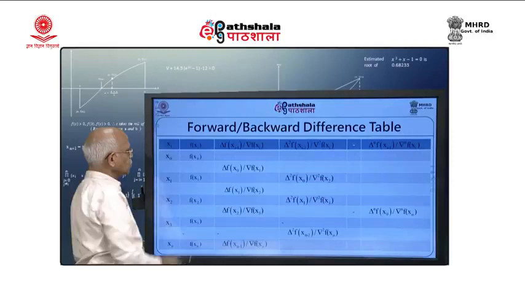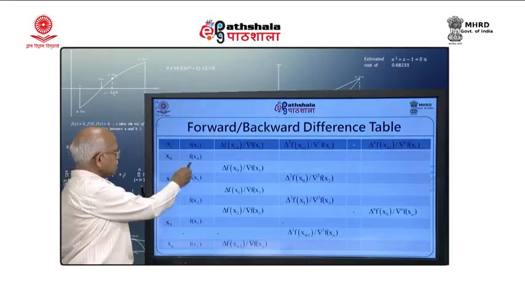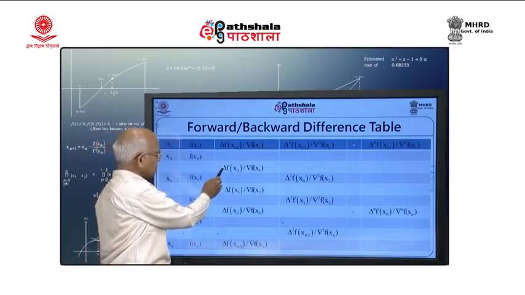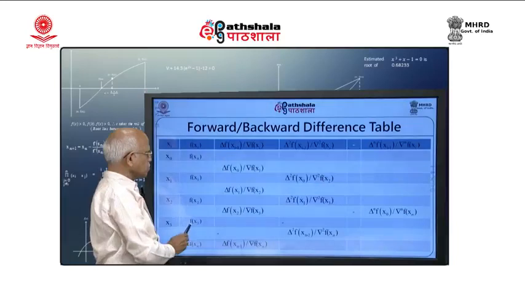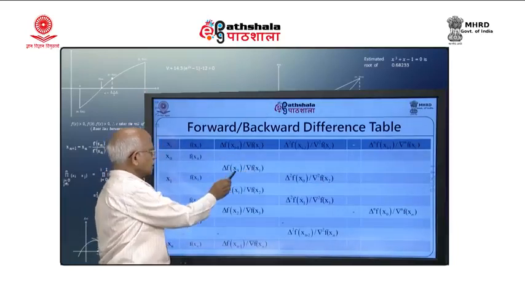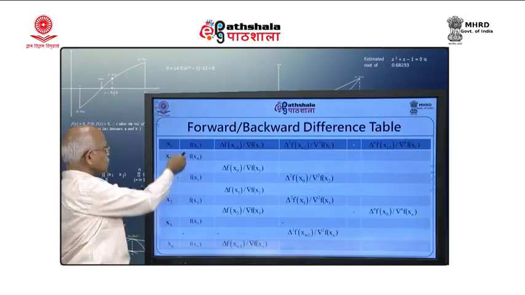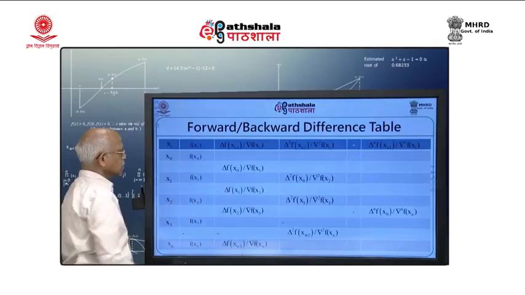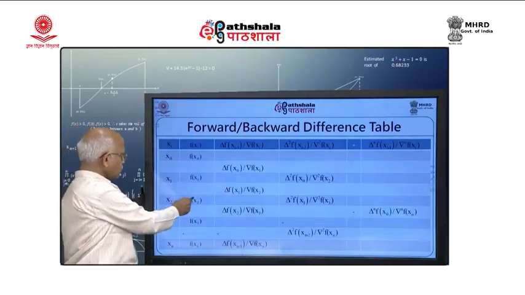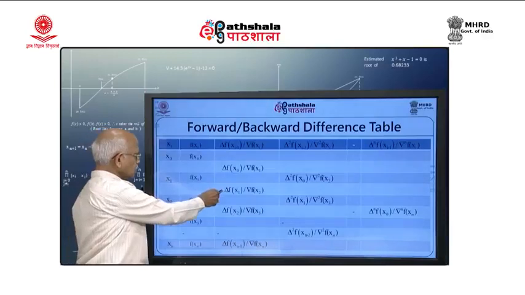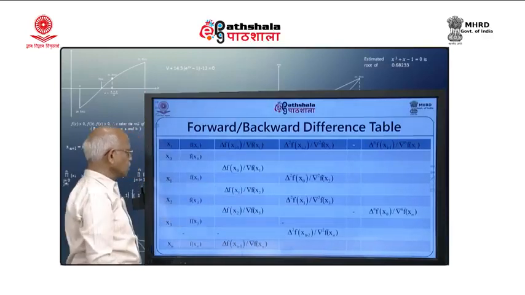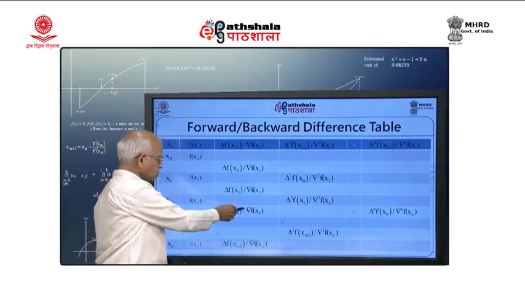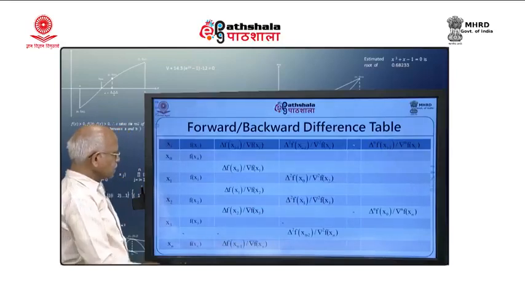So, del f(x0), if I want to take, will be f(x1) minus f(x0), but that will be the same as del f(x1), because del f(x1) is nothing but f(x1) minus the previous value. So, that is how I get both of these parallelly. So, f(x1), f(x2) will give you delta f(x1) and del f(x2), then x2 and x3 together will give me delta f(x2) and del f(x3), and so on.